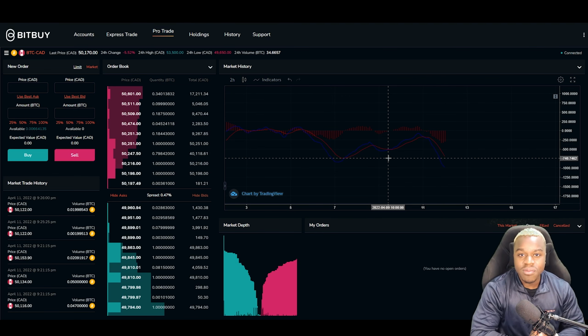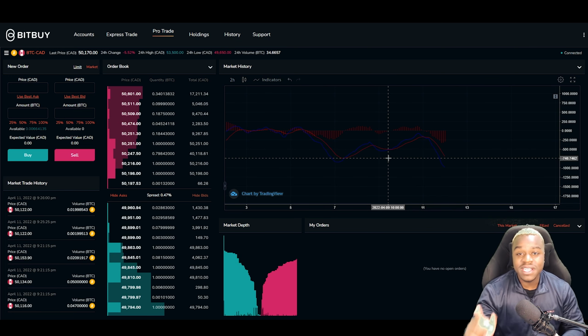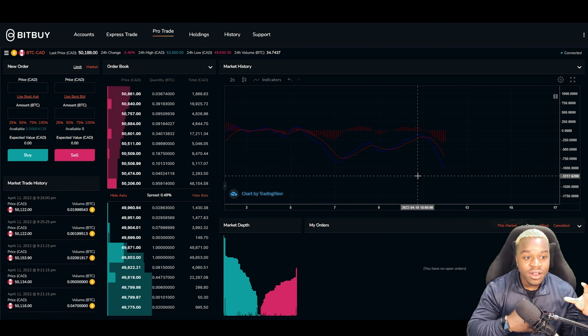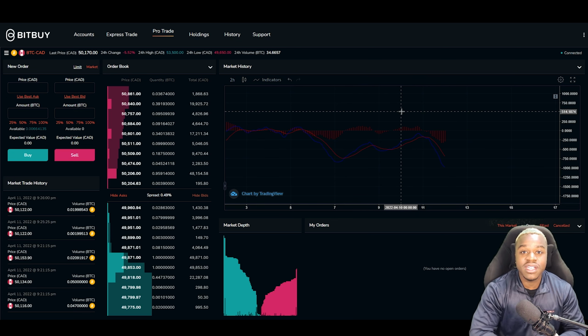That wraps up everything for the MACD, but keep in mind, it does not always work out perfectly because there is a problem with the MACD indicator, and that is because the MACD is a lagging indicator. It uses historical price to provide new data to the chart, but the signals can sometimes be late and generate a lot of false positive signals. So make sure you are pairing this with another indicator and not only